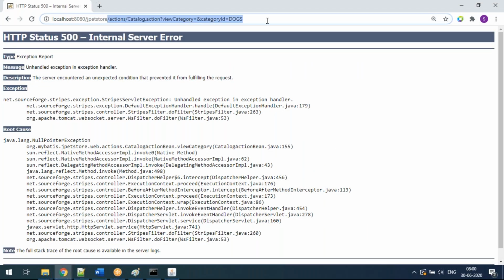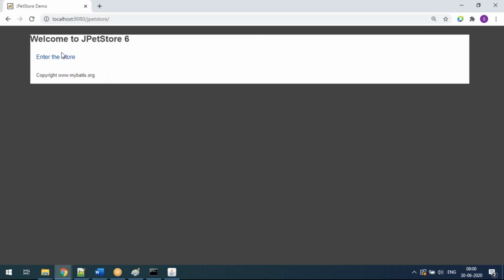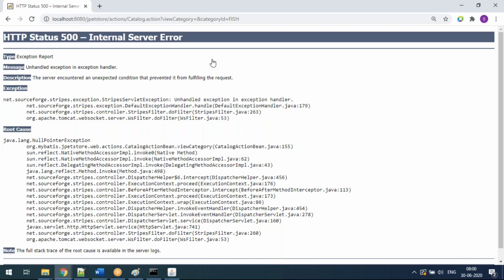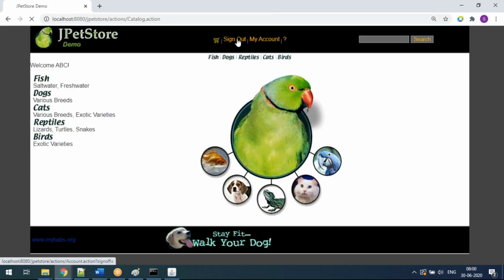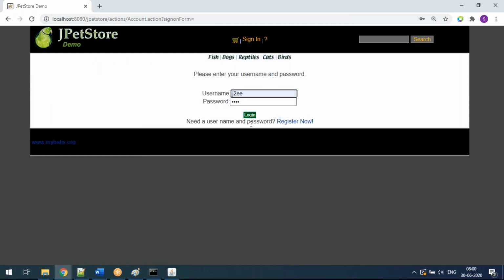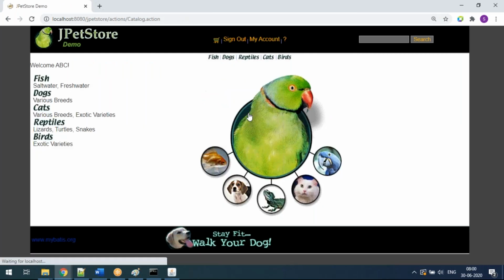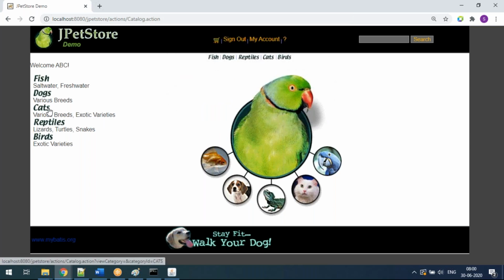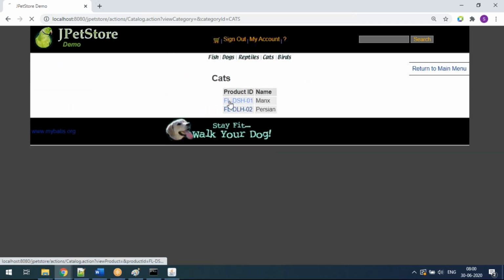Just a minute, it restarted, so we have to come from the front. Somewhere you try to access this application.